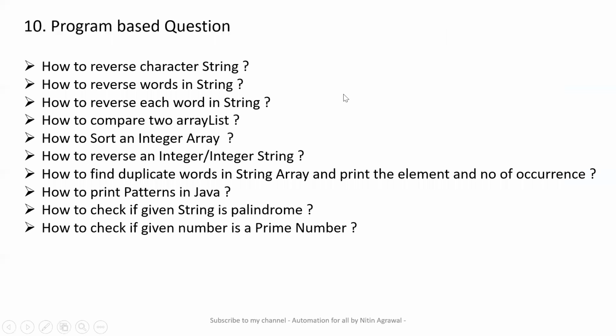Now there are some program-based questions which interviewer will ask you while the interview, and they will ask you to write the code either in Notepad or any of the online editor available. And these are the most frequently asked program-based questions, like how to reverse the character string, how to reverse words in a string, how to reverse each word in a string, how to compare two array list, how to sort an integer array, how to reverse an integer or an integer string, how to find duplicate elements in a string array, and then print the elements along with the number of occurrences.